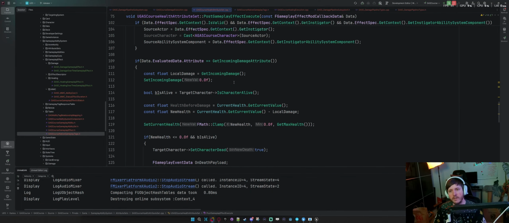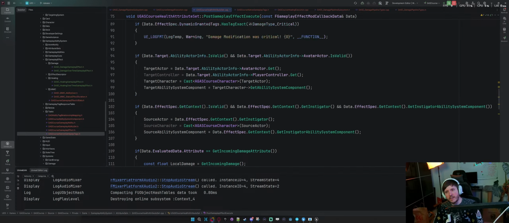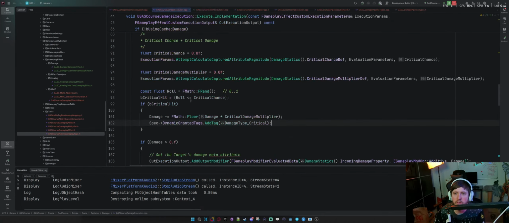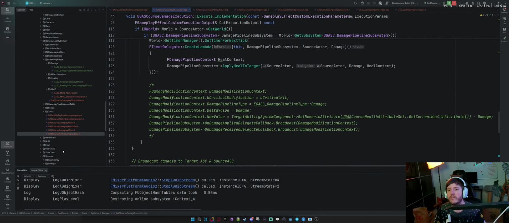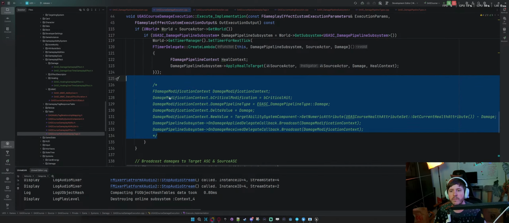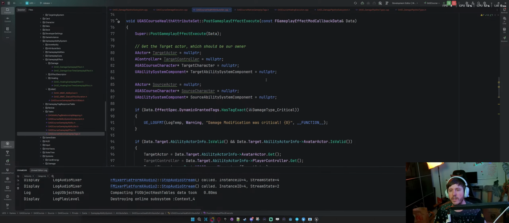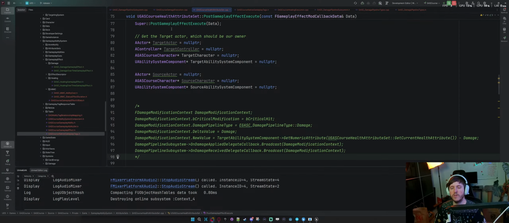So now, I believe here is probably our best bet to actually do our modification stuff. So I'm gonna grab that. Go into our health attribute set. More likely than not, we're gonna go up here with it.